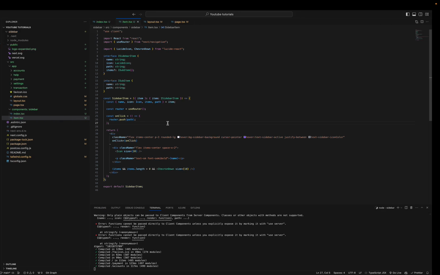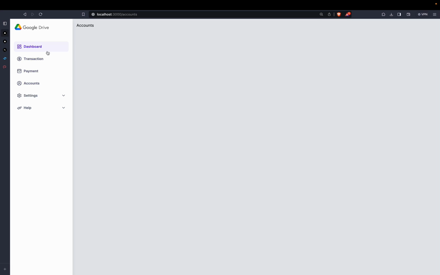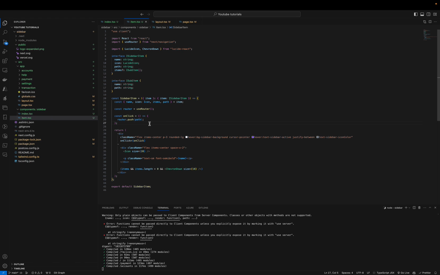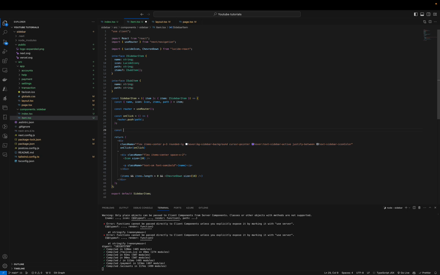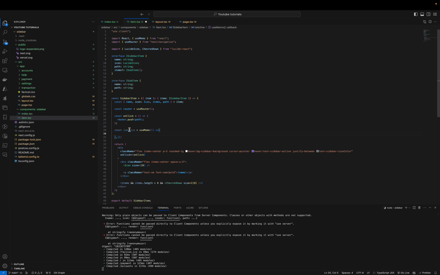The next thing would be looking at the active state of a particular sidebar. Since I'm on the account page, the account page should have been active, like here. If I go to accounts, accounts is active. In order to do that, we need to use another hook called useMemo. We define a new variable called isActive, and basically useMemo is a hook which runs whenever the dependency changes, and then we can return any value from here, and that value will be